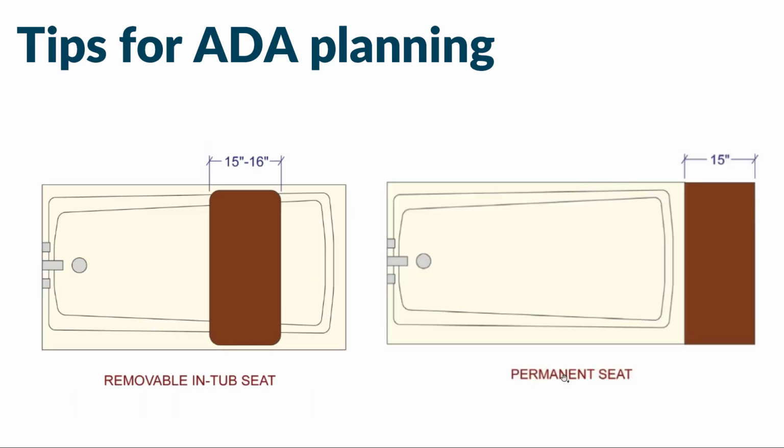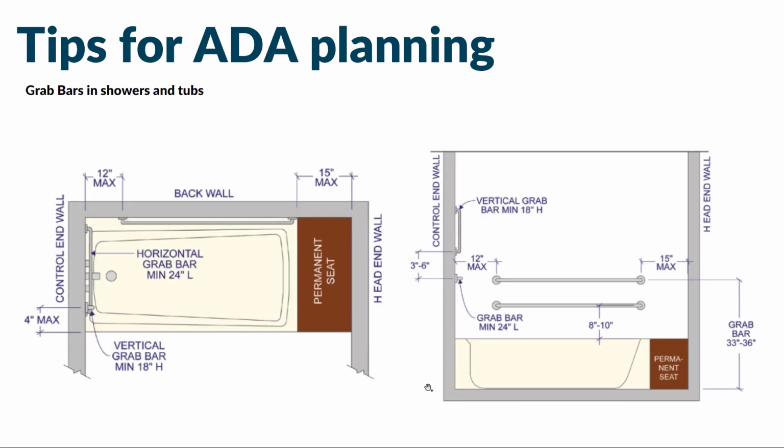When we're thinking about bathtub scenarios, you can either have a removable in-tub seat or one that's built in on the back. Either is okay. The permanent seat must be 15 inches deep, and then the removable one 15 to 16 inches deep. So you can kind of see what that scenario might look like with a permanent seat, okay, either in an elevation view or in a plan view. And then